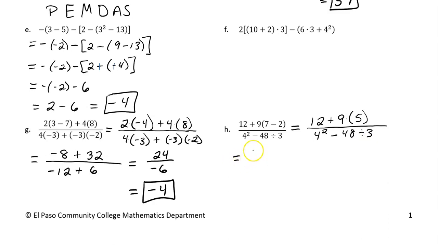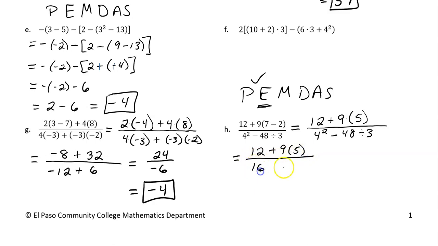Keeping this going, parentheses are good. This is going to be a multiplication. Maybe I'll write to remind myself. We did parentheses. We have an exponent next, this 4 squared. Let's do that. All right, 4 squared is 16. And we still have minus 48 divided by 3. That's okay. So it looks like our exponents are done. Now we go to multiplication, division. I have one of each. Multiplication up top, division on the bottom. And I think we're